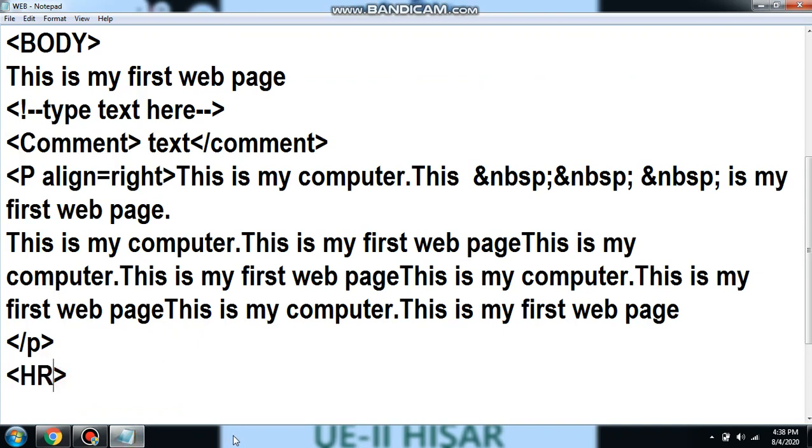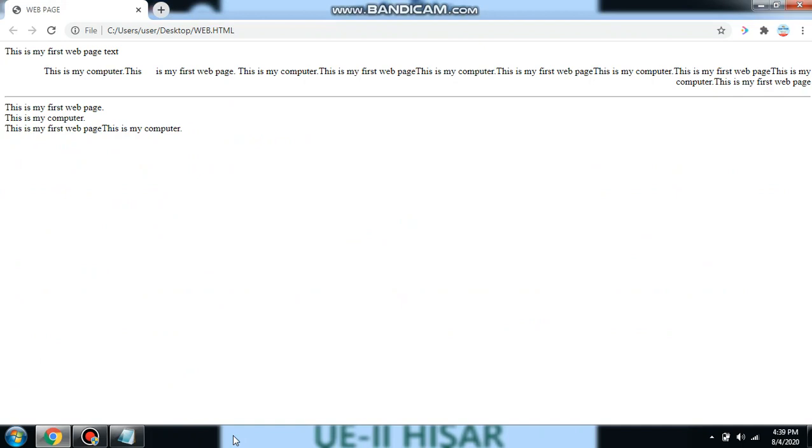Some attributes are also there along with this HR tag. First one is size. I am putting here 10. You just see the difference. You can put these values of attributes in double quotes. I have saved it. Now refresh it. You can see the difference.